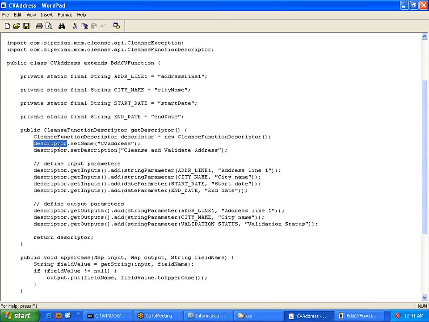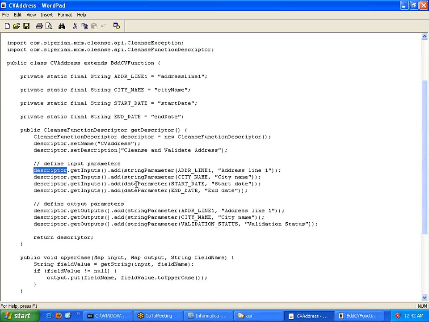Here this is just the name and description. If you want, you can set it, or else it's optional. Then these are the important things which are mandatory. For every parameter, we have to use descriptor dot get inputs, which means get inputs from the console and add it to this particular descriptor object.